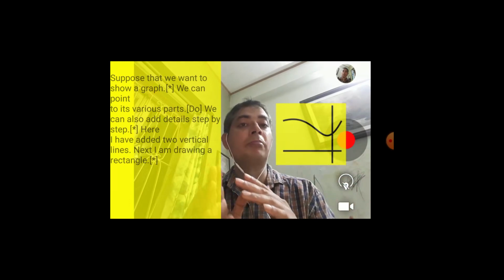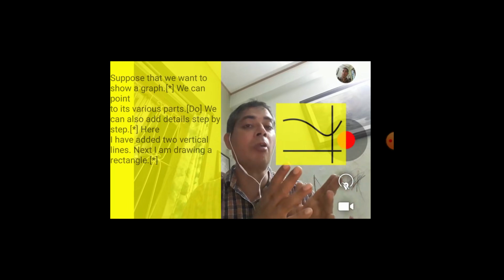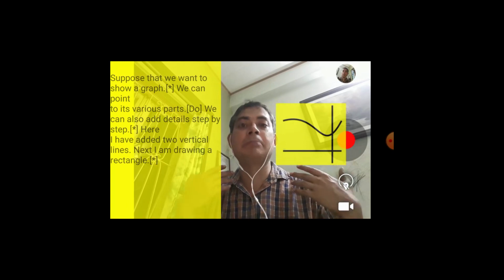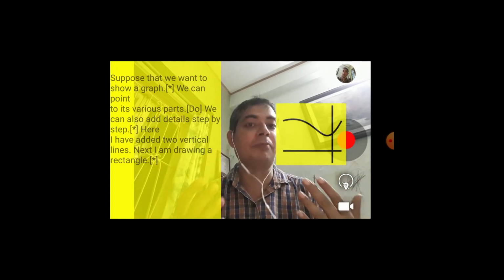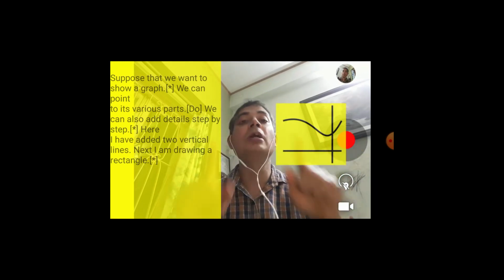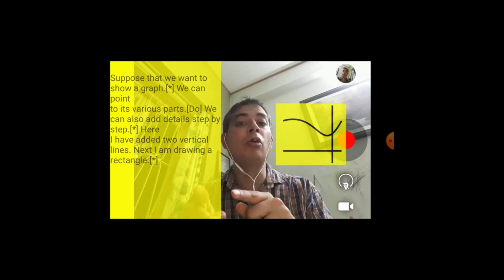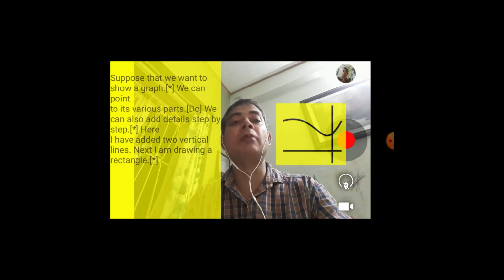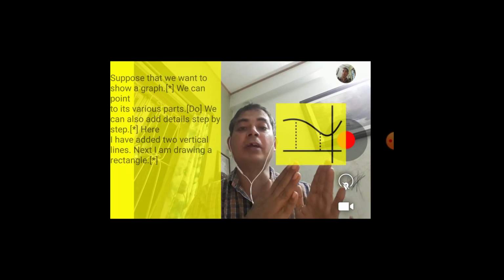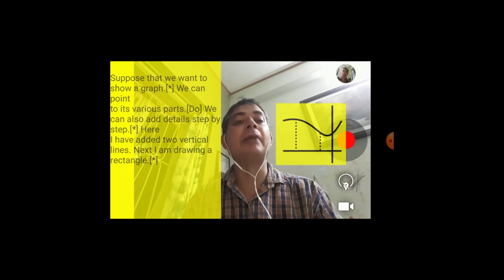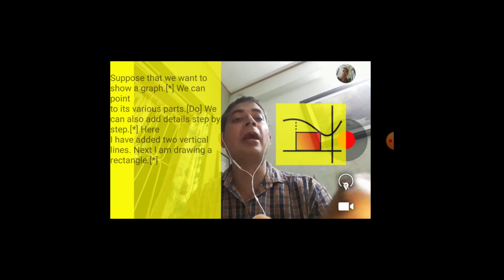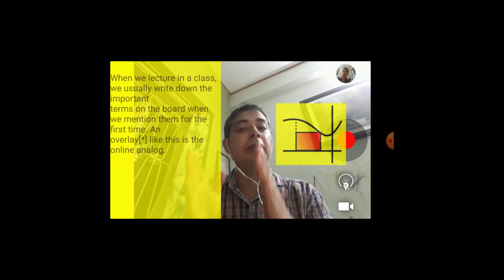Now I am not following the prompt, because when I am seeing this particular plot, in that case I am on my own. I can say things smartly. Only when I have to say things blankly on the screen, then it becomes difficult. And also remember that this plot is what will go into the final video, but this rectangle will not go into the video. And I say here I have added 2 vertical lines, so I will add one more thing. I will say I have added 2 vertical lines, and then I will say next I am drawing a rectangle. And after I have done that, I will move again, hit the space bar, and as a result I will come to the next set of my